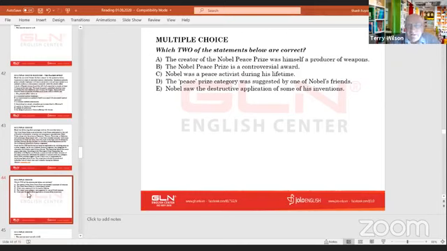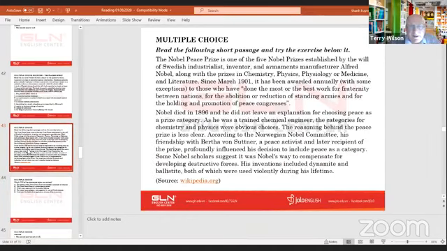So for A, you would need to focus on producer of weapons. For B, controversial award. For C, peace activists. For D, prize suggested by one of his friends. And for E, he saw the destructive application and inventions. So if we go back to the text,